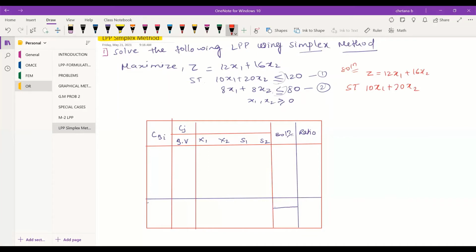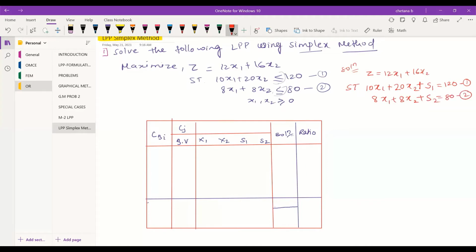less than or equal to. You need to convert the inequalities to equalities by adding one slack variable, equal to 120. Then you have 8x1 plus 8x2 plus s2 equal to 80. So this is 2.